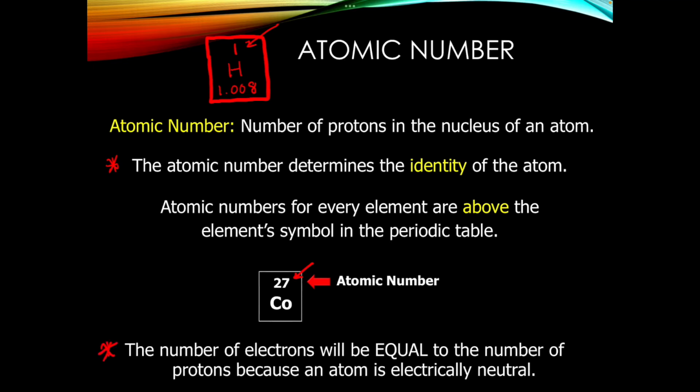The cool thing is that because all of these elements are neutral, the number of electrons is going to be the same as the number of protons. So like for cobalt, we know it has 27 protons. It's also going to have 27 electrons. Because remember, in a neutral atom, the protons and electrons must be equal in order to cancel out and give the atom an overall neutral charge. So positives and negatives will be equal, so protons and electrons will be equal. So this atomic number is telling you the number of protons and electrons in a neutral atom, okay, which is super cool. And we're only going to work with neutral atoms right at this moment.